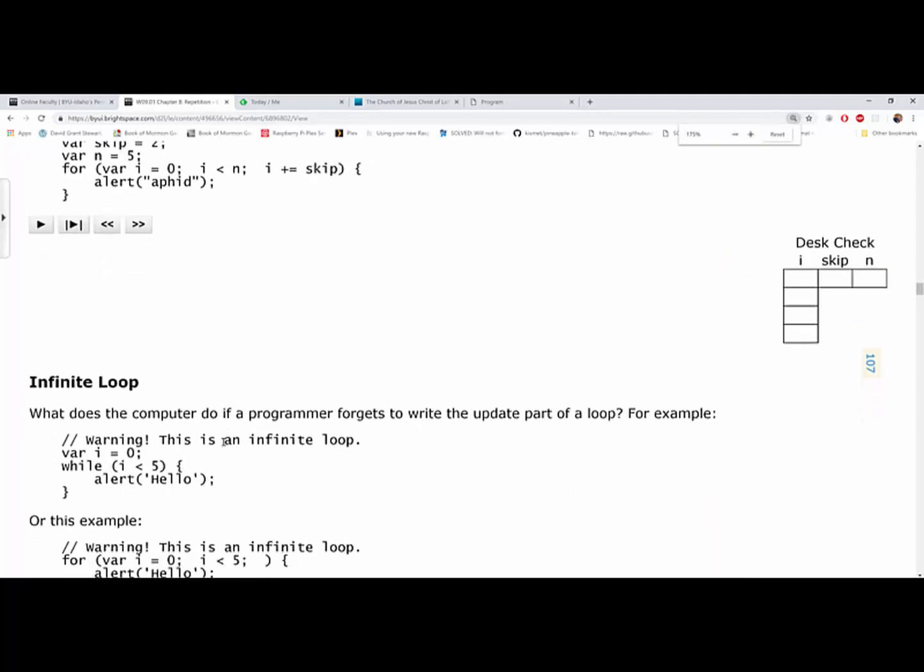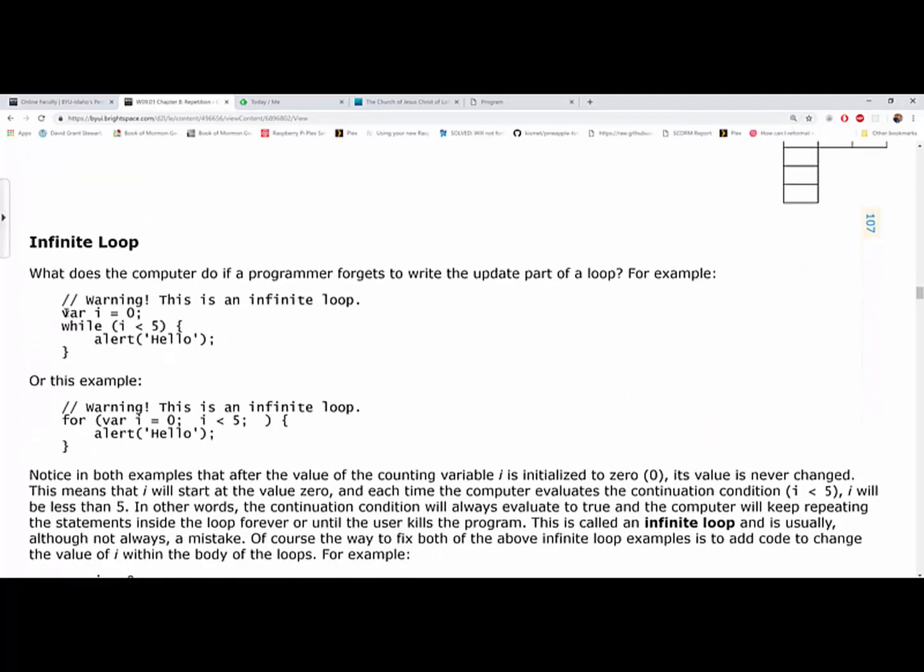Infinite loops, we talked about that. You want to make sure that your loops have a time when they're done. For example, in this scenario, I'll zoom in here so that it's a little easier to see. Var i is equal to 0, then while i is less than 5, it alerts a hello, but it never increments i. So i will always be 0, and it will always be less than 5, and it'll just alert hello